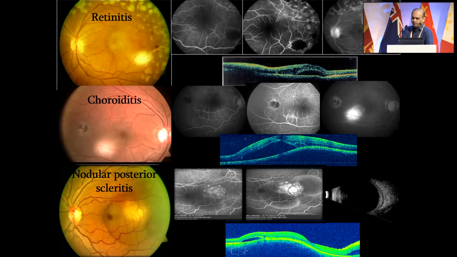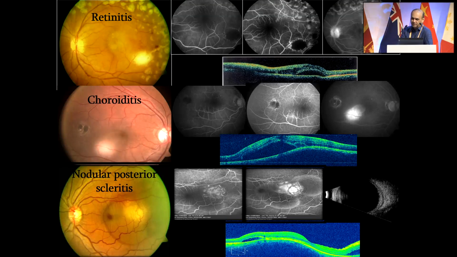So let me show you how. This was a patient of retinitis, and if you look at the initial hypofluorescence, it is maximum in retinitis as compared to choroiditis. Now look at the pattern of early hyperfluorescence. It is perilesional, whereas over here you start seeing a diffuse intralesional hyperfluorescence. So whenever you see a perilesional hyperfluorescence, you can rest assured that you are probably dealing with a retinitis rather